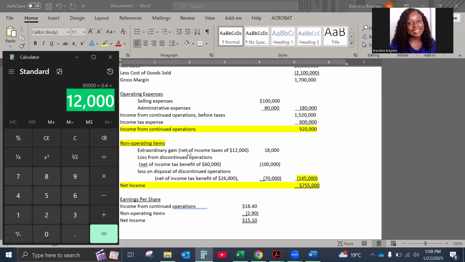And so therefore we have to say net of taxes. So this is telling me the amount that is considered to be taxes on the amount, the 30,000 that we had initially. And then what we do is we subtract the two to get the amount. So at the end of it all, when I add the 18 plus the 12, I should come back to the 30. And so in these instances with the discontinued operations, extraordinary gains,